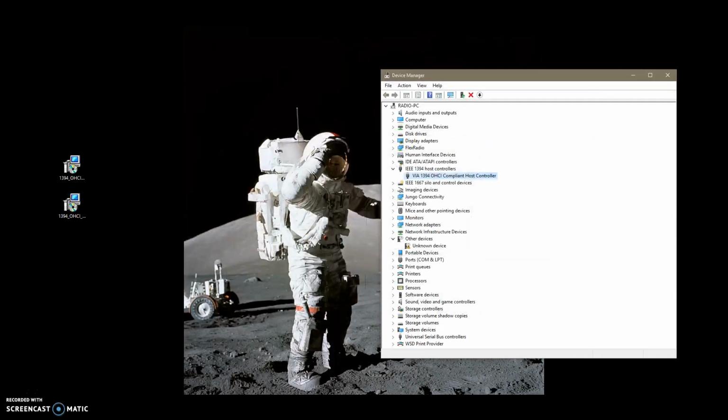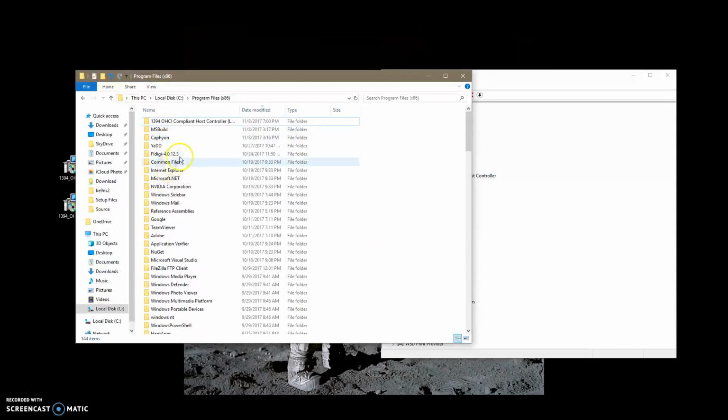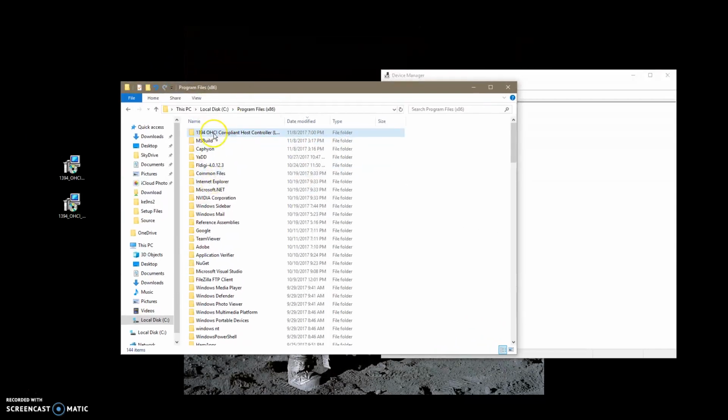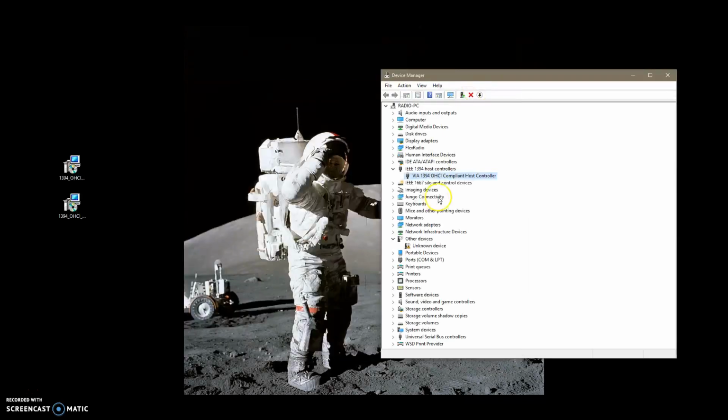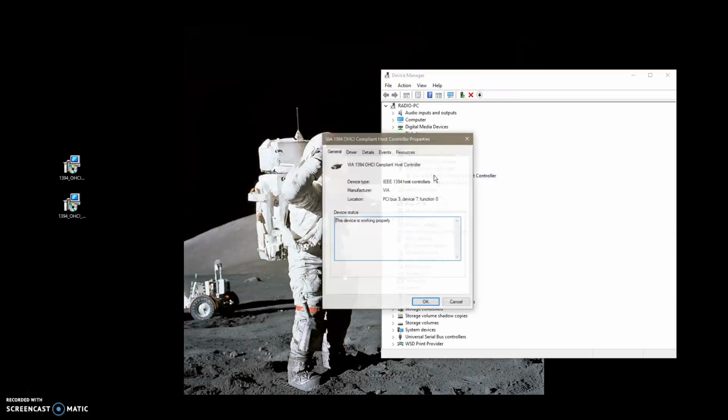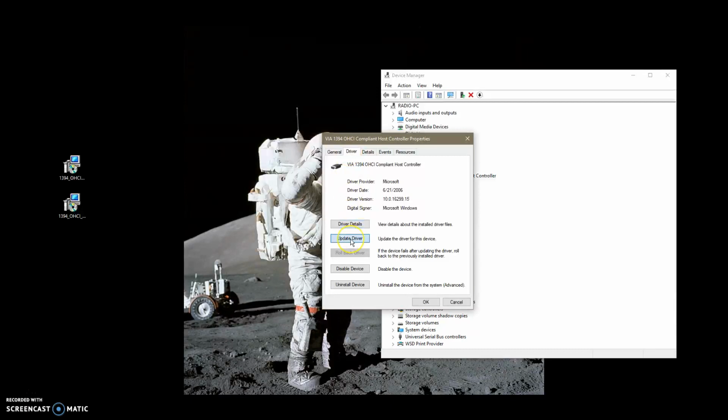and what happens is that will install. You'll have a new folder here under your local disk, Program Files x86, because I've got a 64-bit machine, and it'll put the 64-bit driver in there as well as the 32-bit. I just installed both of them, even though I'm only running the 64-bit. So now when I go back to this driver, if I want to update the driver,